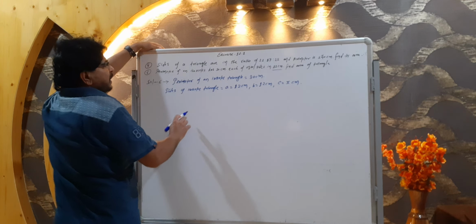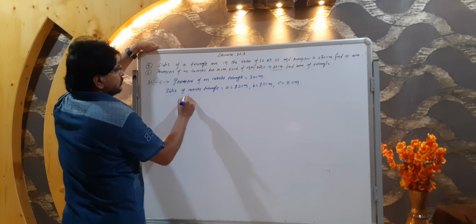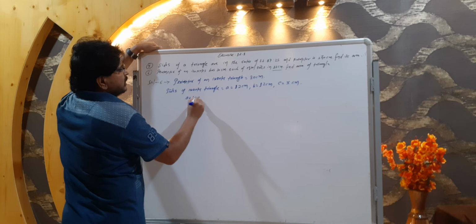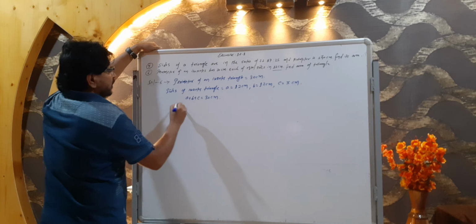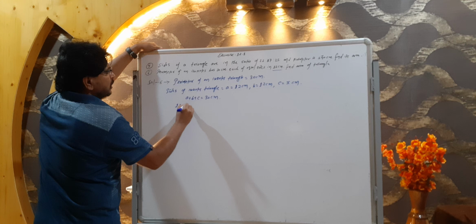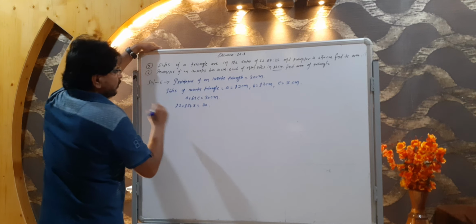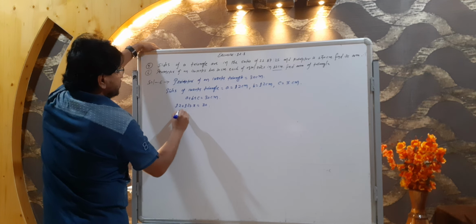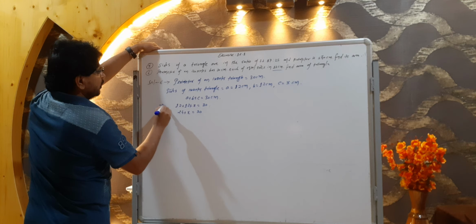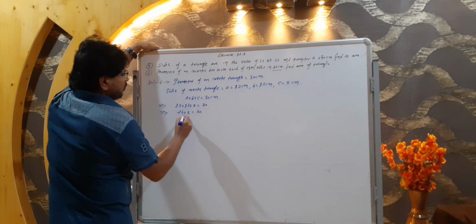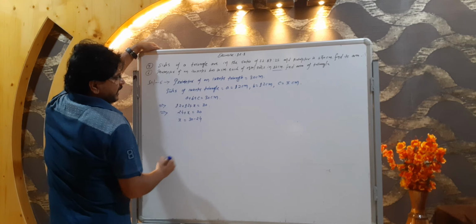Okay. Now what is given? The perimeter of the isosceles triangle is 30 centimeter. So what we can say? Perimeter means A plus B plus C is equal to 30 centimeter. A plus B plus C means 12 plus 12 plus x is equal to 30, right? 12 and 12 is 24, 24 plus x is equal to 30, right? Now 24 plus x is equal to 30, in that case x is equal to 30 minus 24,